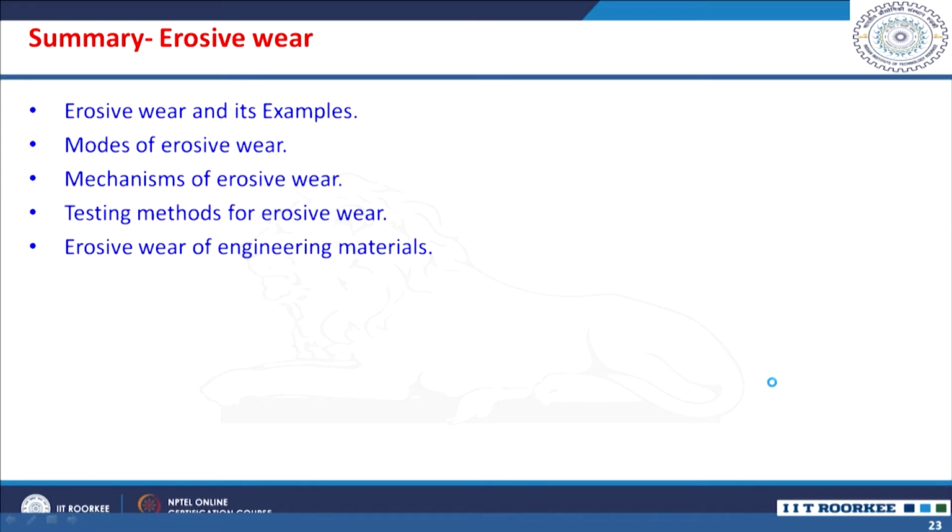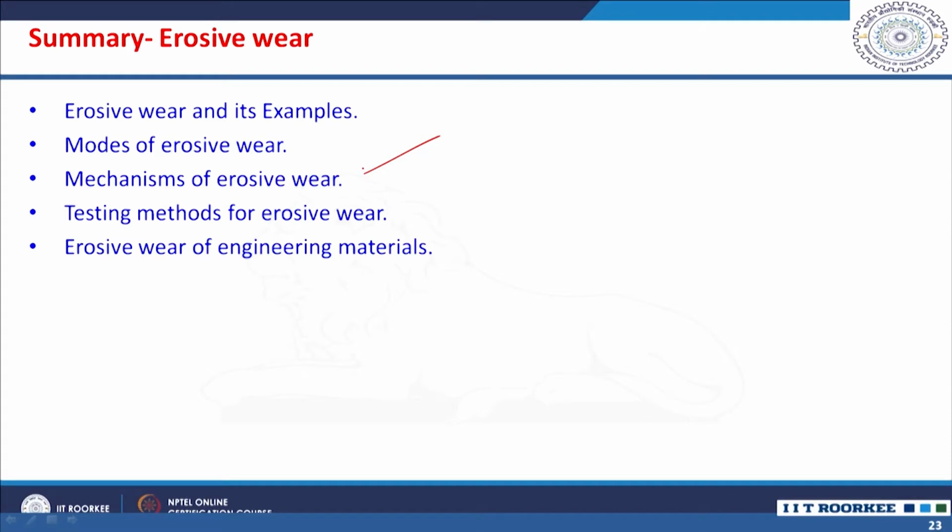In slurry erosion, the slurry is a mixture of particles and the fluid. You will have erosion by the slurry, or by simple liquid impingement, or cavitation erosion, where bubbles form and collapse on the surface, causing material damage. In solid particle erosion, solid particles impinge at a certain velocity, so the kinetic energy is transferred to the material. If the material is not able to absorb such energy, it dissipates by fracture, and you will have material removal as erosion.